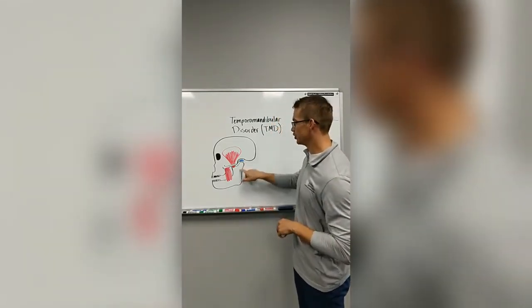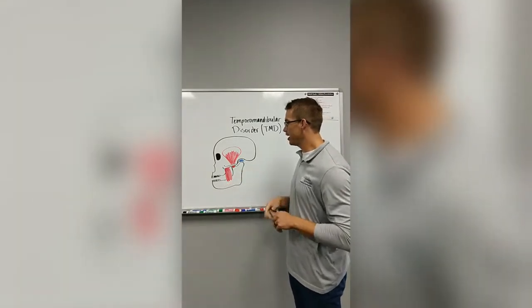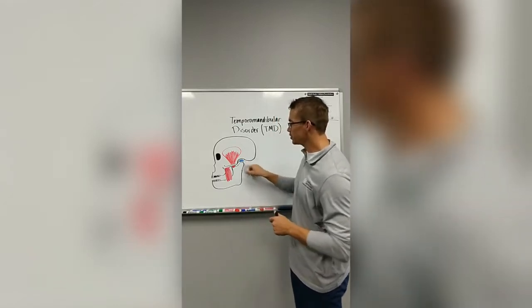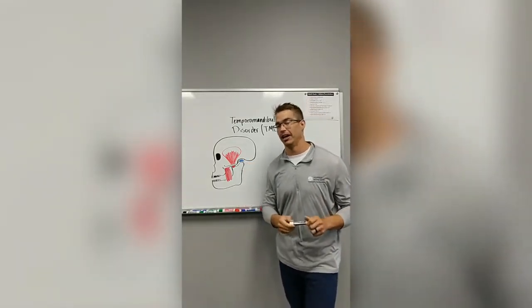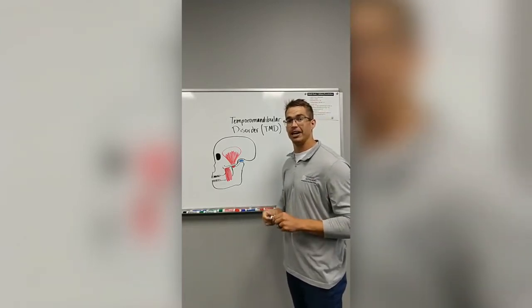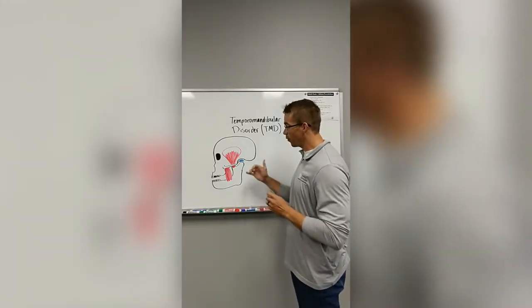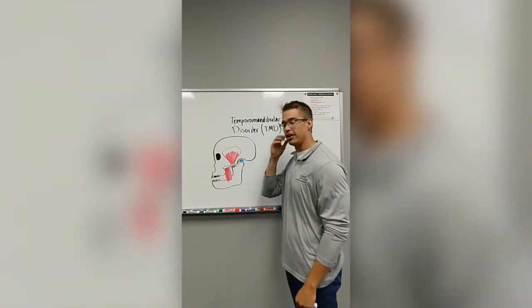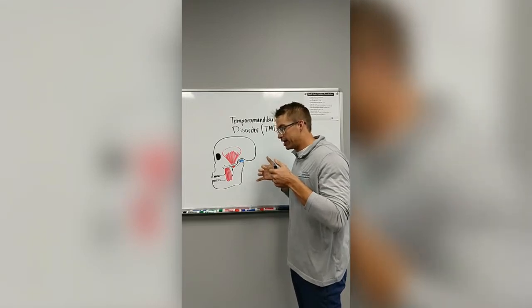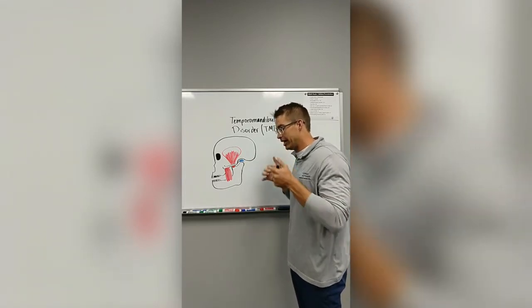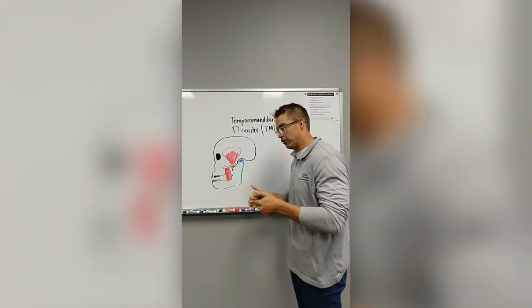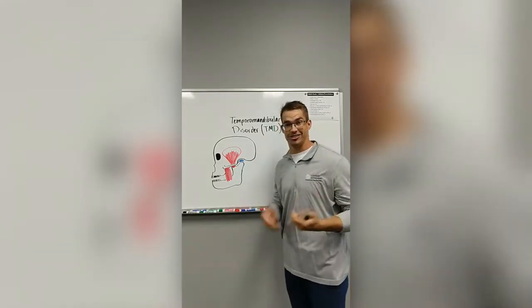So this is your jawbone or your mandibular bone, and then this is your temporal bone or just your skull. And this joint right here is very unique, and it's also one of the most unstable joints in our body. When we open our jaw, the first 50% of it is just rotating, and then the next 50% it actually unhinges and slides forward. So it's very unique in that it's got a dual function and it actually unhinges itself.